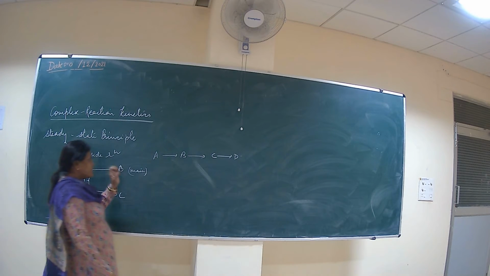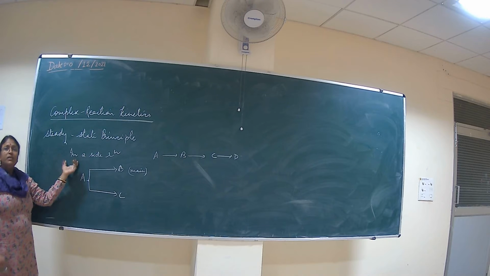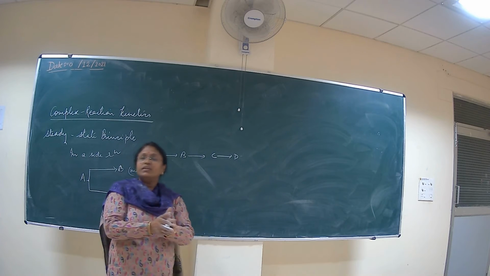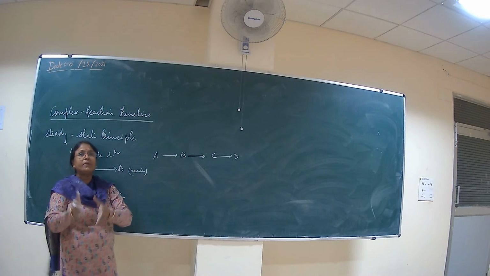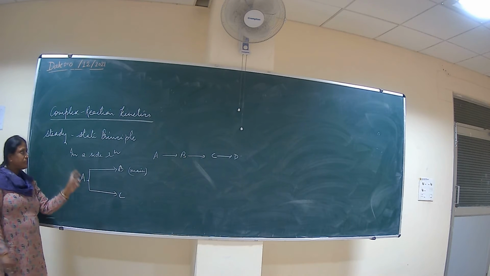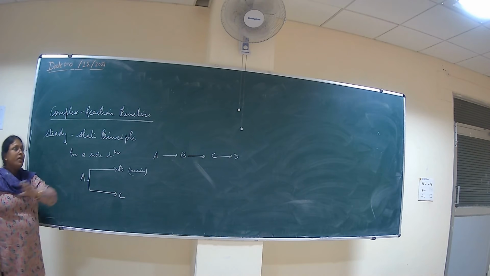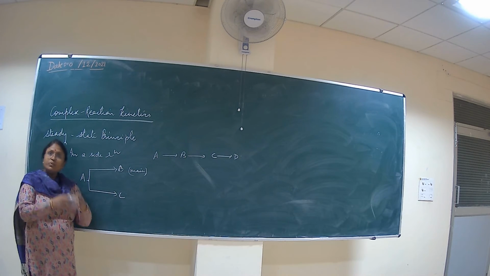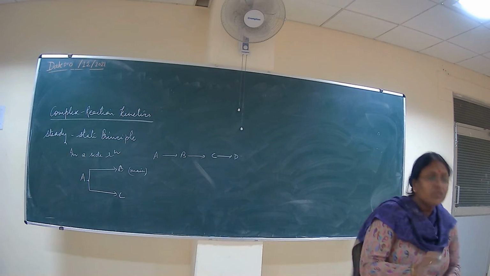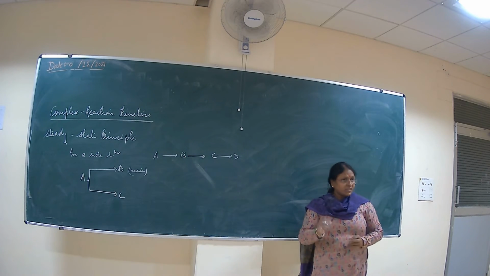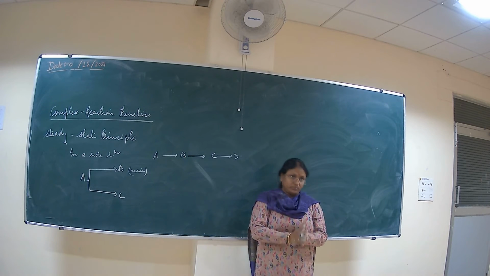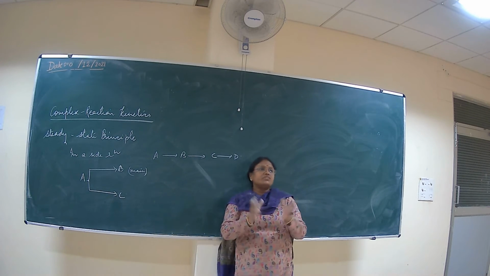So for this, in the steady state principle, there is a formation of one of the intermediate states, and in another reaction this intermediate complex is disappearing. So in the steady state principle we see the formation of the intermediate state and the disappearing of the intermediate state in the other reactions, and because of this, at a certain state or a certain point, the formation and disappearing of the intermediate species becomes equal. Okay, and there is no net change in the reaction.